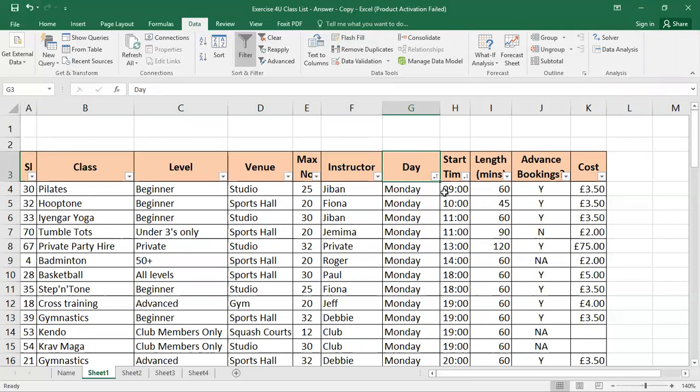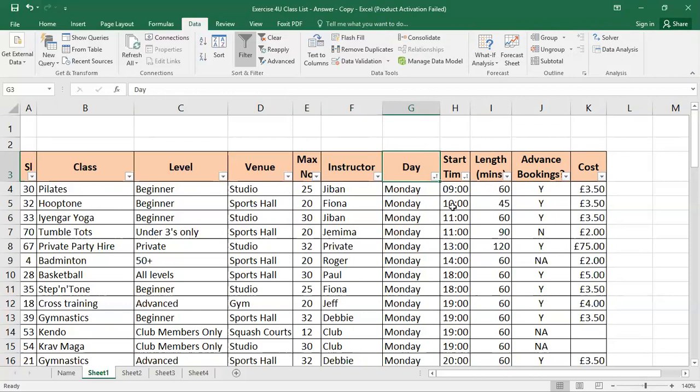So here it is on Monday, first Monday at 9 a.m. there is an event named pilates. The level is beginner. So in this particular manner, we sort day and start time accordingly.